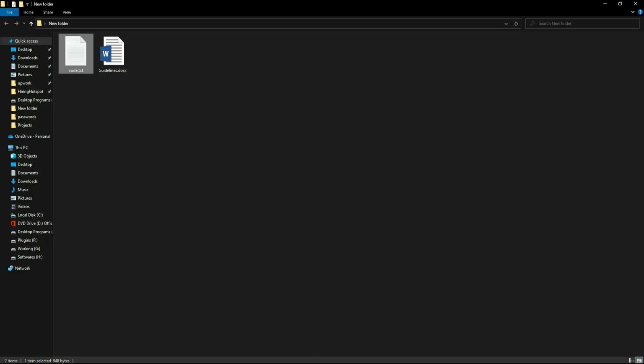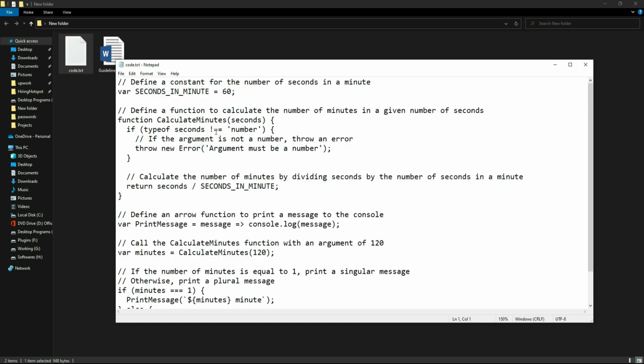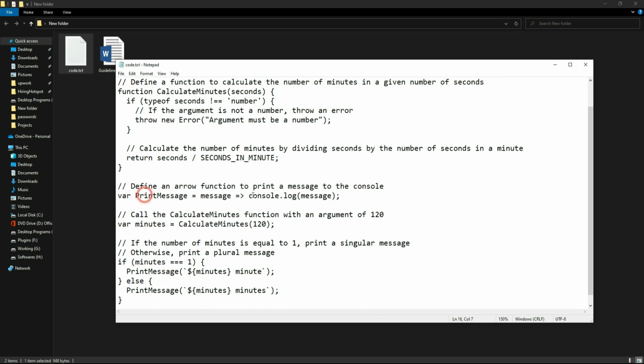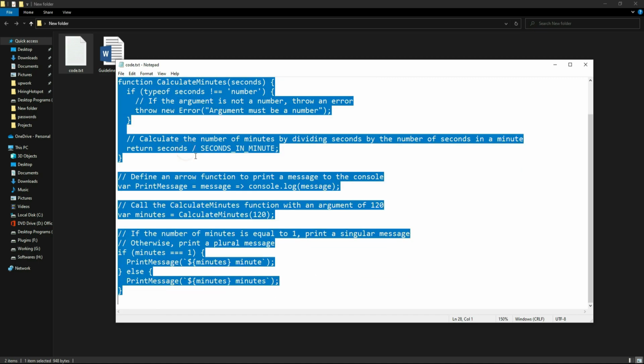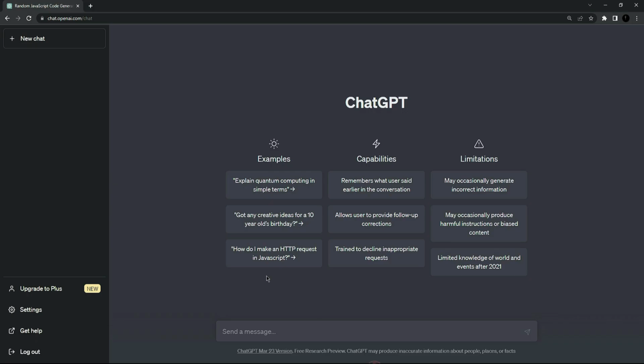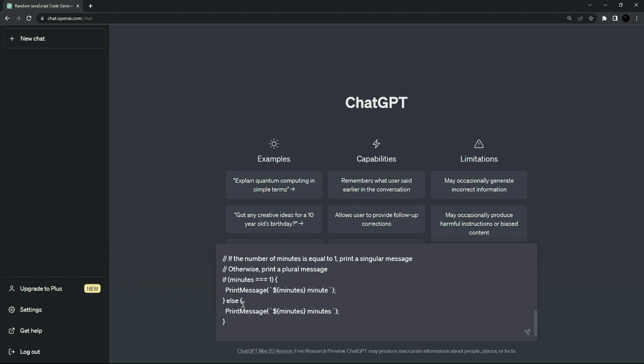So first of all, I am going to show you a code which I have right here. This code is not following any of the Google guidelines except this one. It's using single quotes, which I'm first of all going to make wrong so ChatGPT can convert it. It's using var and not const, and here too it's using this one, a wrong syntax which does not follow the guidelines for JavaScript given by Google. So I'm going to copy this code and then paste it right here,